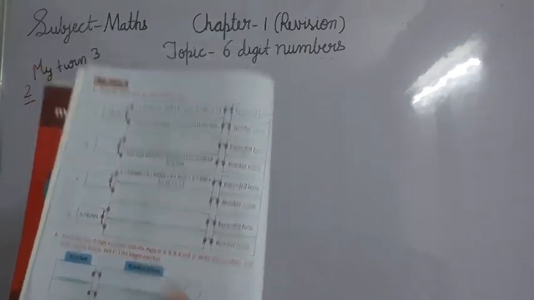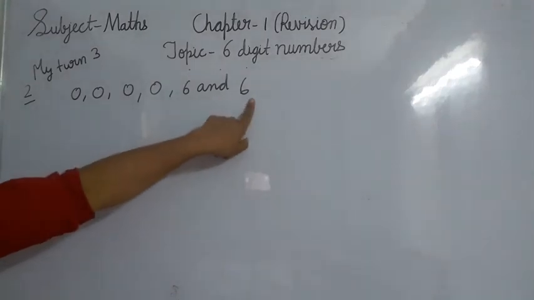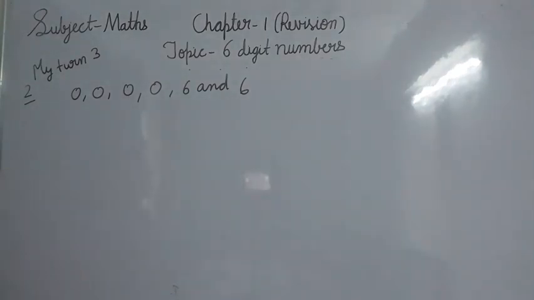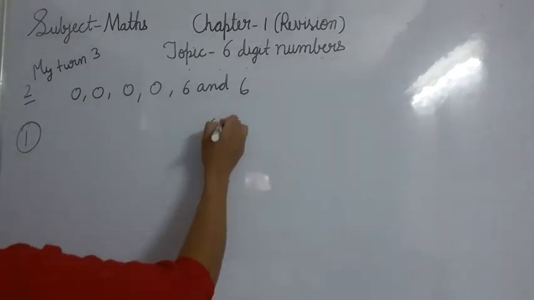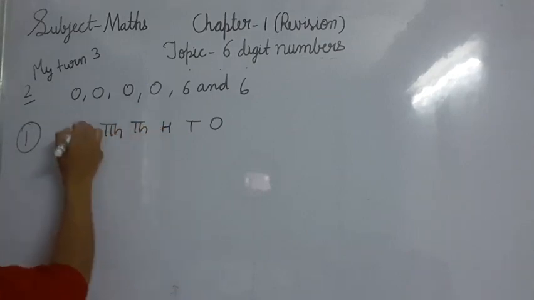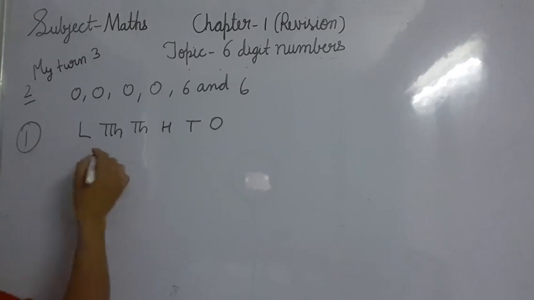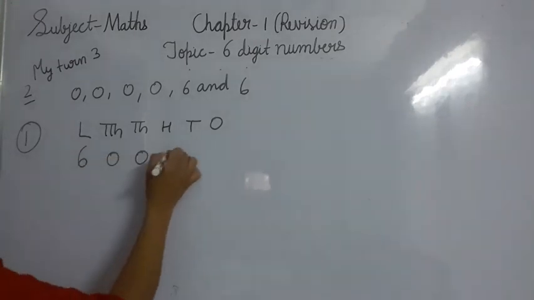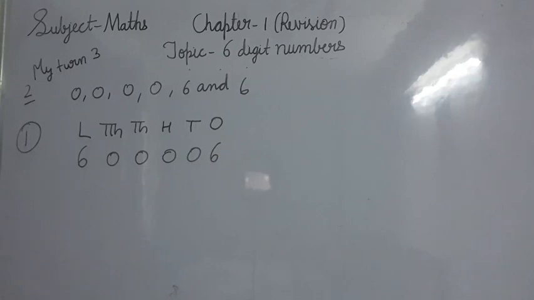Take the bigger number. It means they have given us these 6 digits, and we have to form any two 6-digit numbers. It's our choice. And we have to tick the bigger number. Which is the bigger number? We have to tick there. So let's form the first 6-digit number. I'm writing the places first: ones, tens, 100, 1000, 10,000 and lakh. So first I'm making this number. Okay, so let's separate with their periods.